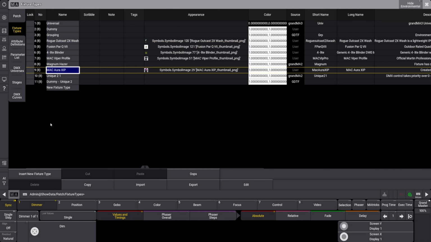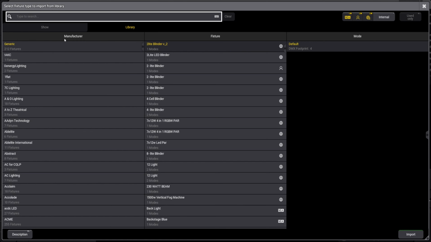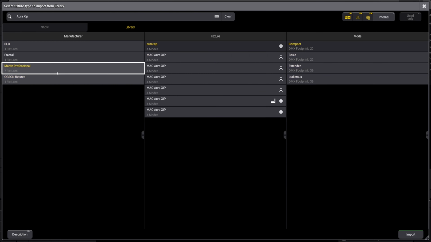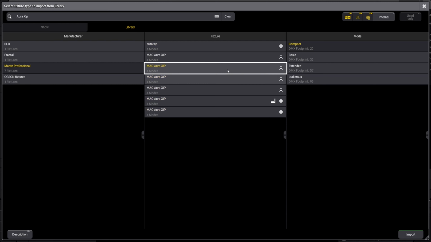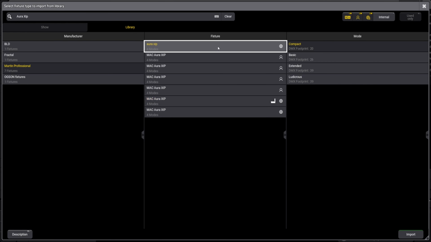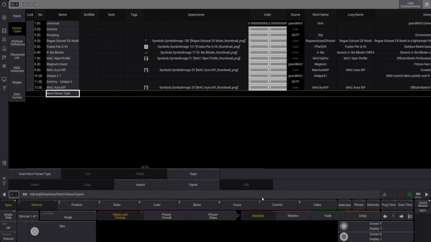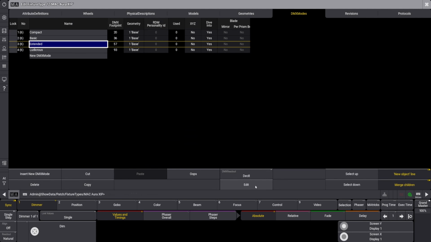So if I go back here and import a new fixture, and I import the Mac or XIP, it's always hard to know which one's the right one to bring in because, interesting, there are so many different versions up there, but let's try this one. So import this fixture, and if we go in here and hit edit and go into I use extender mode,